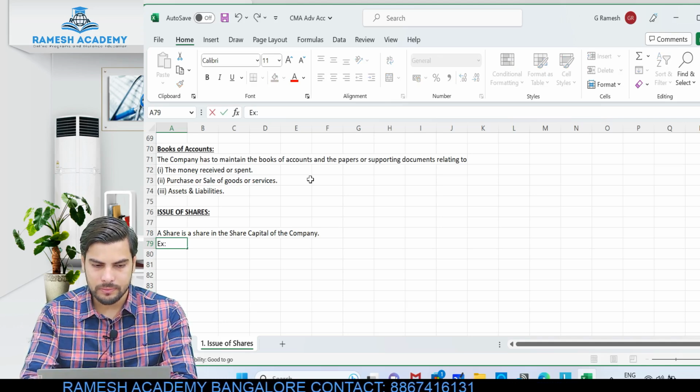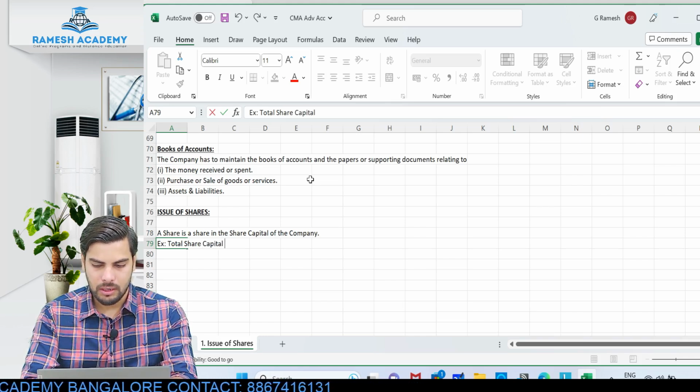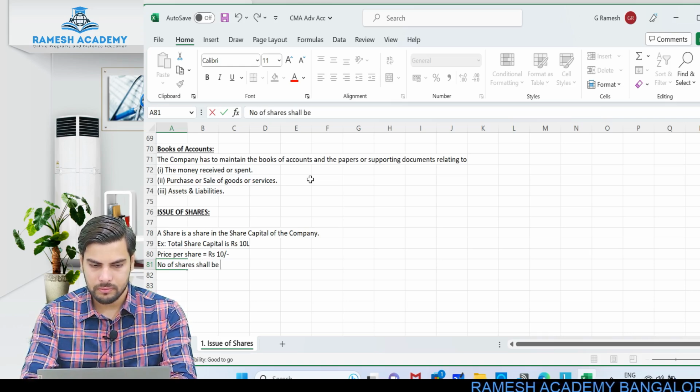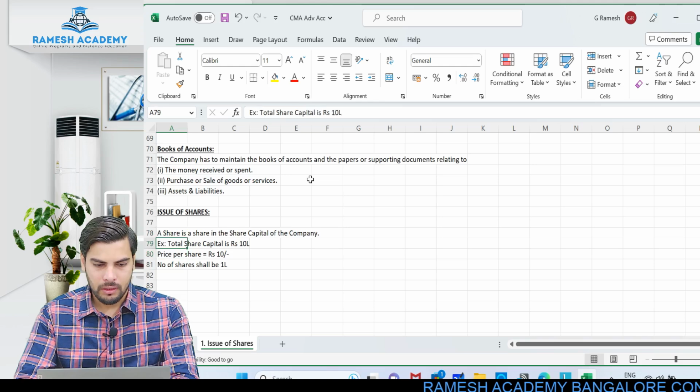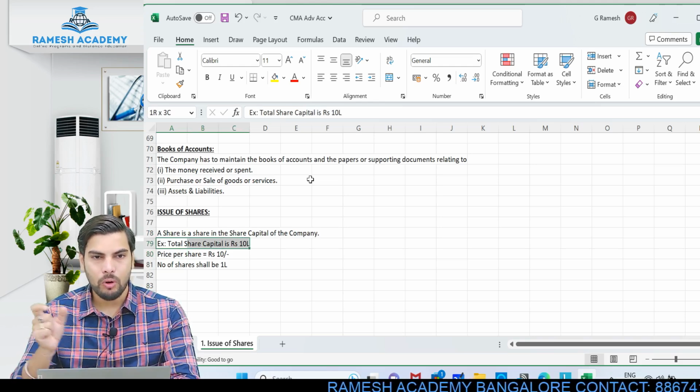So look at this, total share capital, let's say is rupees 10 lakh. Price per share, let's say rupees 10. Number of shares will be how much? Number of shares will be 1 lakh. So this particular share capital of 10 lakh rupees would be divided into small shares,